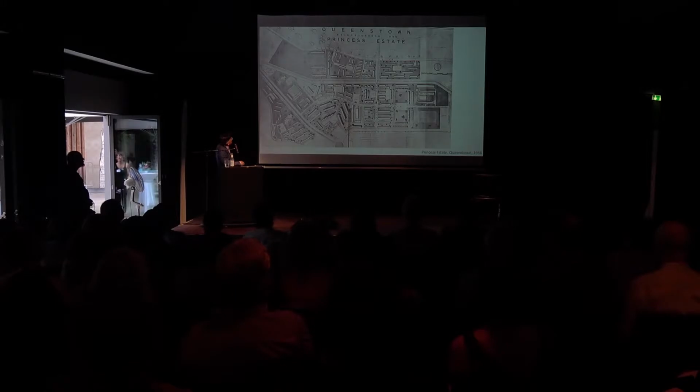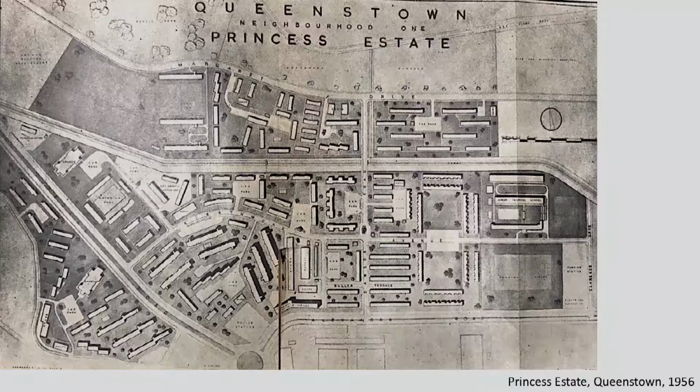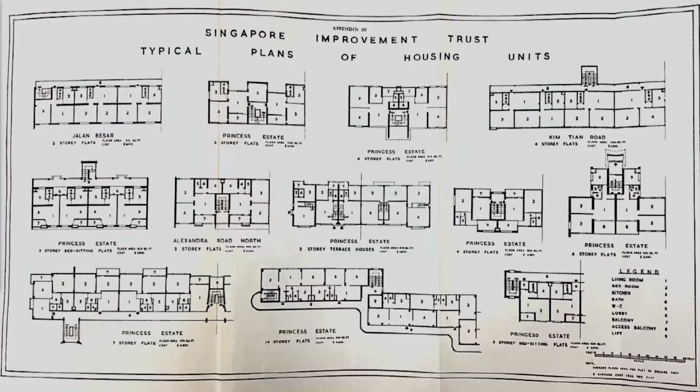Really nice image here. Then they started to develop Queenstown, with really different kind of typology, different types of layout, as well as maintaining the similar kind of idea of individual blocks within the landscape, but together with other amenities, not just housing. And so they developed different forms and so on.